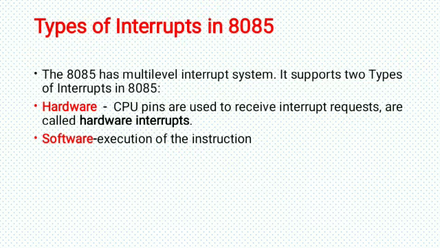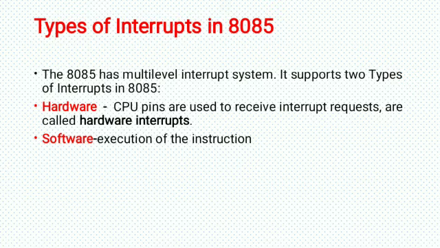Okay. The next, types of interrupt. Normally, the interrupts are classified into vector interrupt, non-vector interrupt, maskable interrupt, and non-maskable interrupt. The vector interrupt means the interrupt address is known. For example, RST 7.5, 6.5, and TRAP have fixed addresses, so they are called vector interrupts. The next one is a non-vector interrupt.